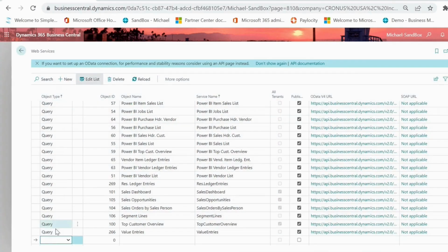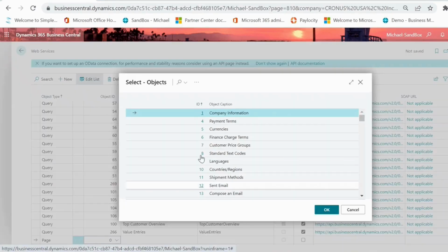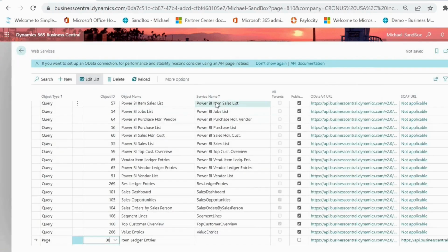I'm going to go ahead and create a new page here. In the object ID, I'm going to search for the page I need. I'll click into this little drop down and then click select from full list. From here, I'm going to search item ledger entries, which is page ID 38. We'll select that, and then give it a name. I'm just going to call this item ledger entries